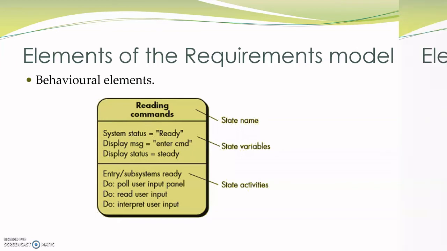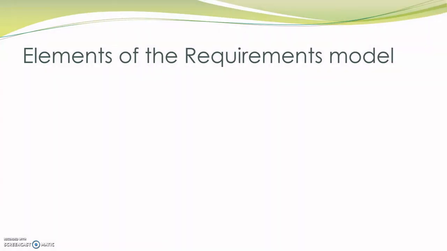Our next element of the requirements model is flow-oriented elements. Here, information is transformed as it flows through a computer-based system. The system accepts input in a variety of forms, applies functions to transform it, and produces output in a variety of forms. So, input may be a control signal transmitted by a transducer, a series of numbers typed